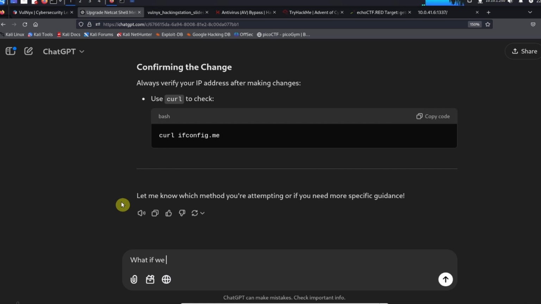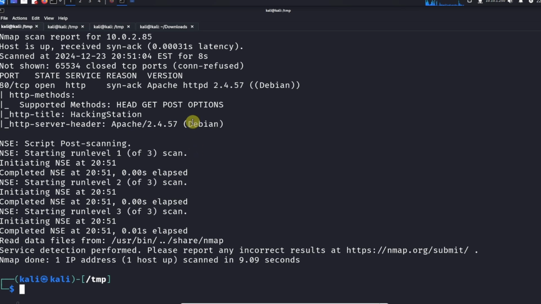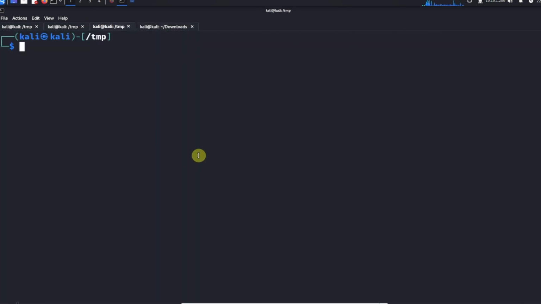What if we wanted to spoof, how do you spell spoof? Our IP address using an HTTP request header. So the things we send, what are we doing over here? Okay, so